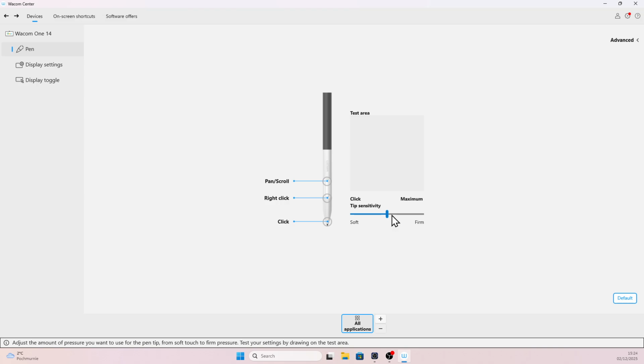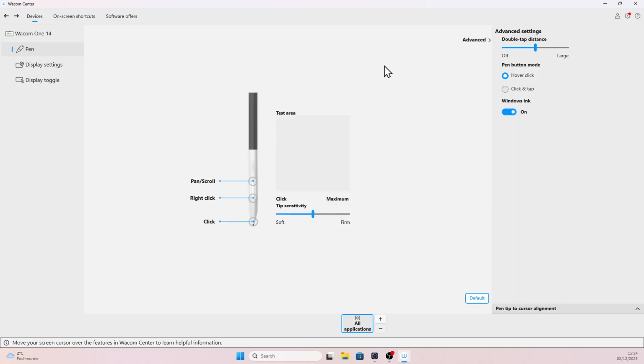And you can also change the tip sensitivity from 0 to 6 by moving the slider. The default value is 3. Here you have the test area where you can test your Wacom pen, but it would make more sense once you